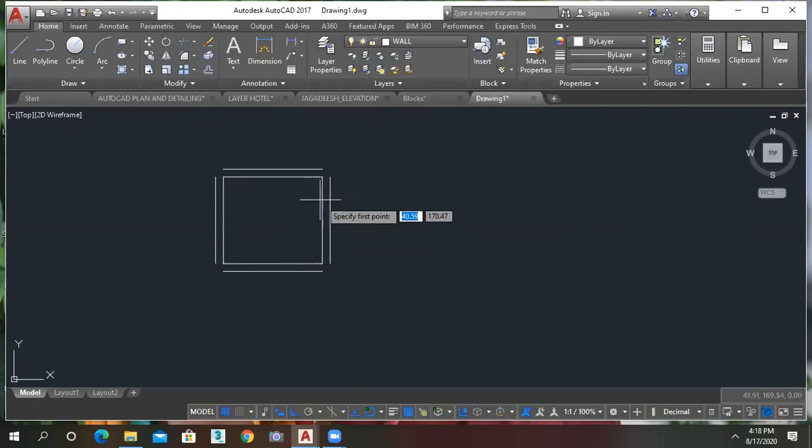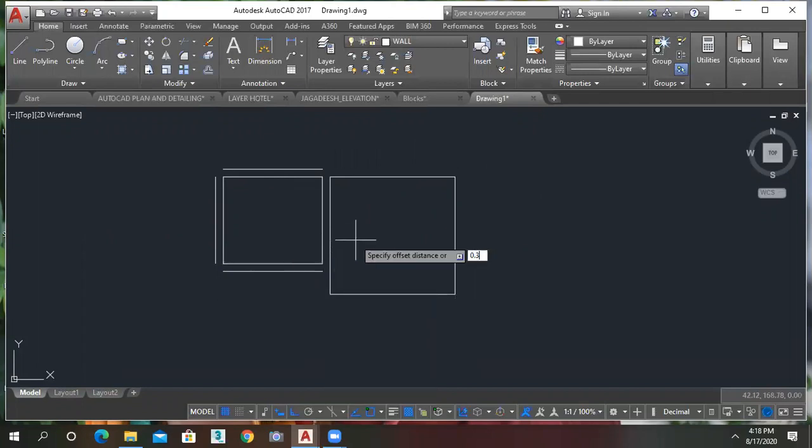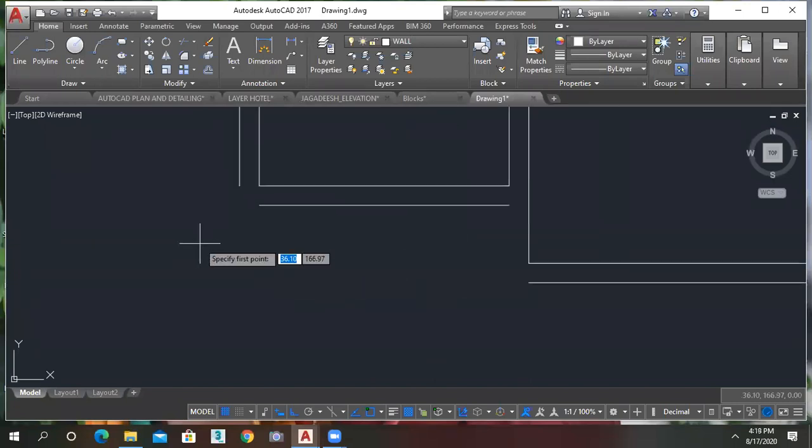I have one dining hall with dimensions 4.8 and 4.6: horizontal is 4.8, vertical is 4.6. Join it like this and give the wall thickness of 0.3. I'm just going with the easiest steps here. Escape. Again L, enter.